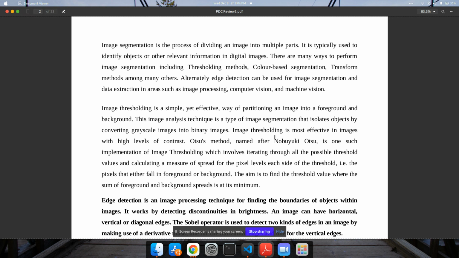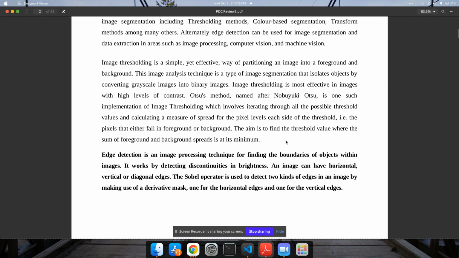The Otsu method is one such implementation of image thresholding, which involves iterating through all the possible threshold values and calculating a measure of spread for the pixel levels on each side of the threshold, that is, pixels that either fall in background or foreground. The aim is to find the optimal threshold value where the sum of foreground and background spreads is at its minimum.